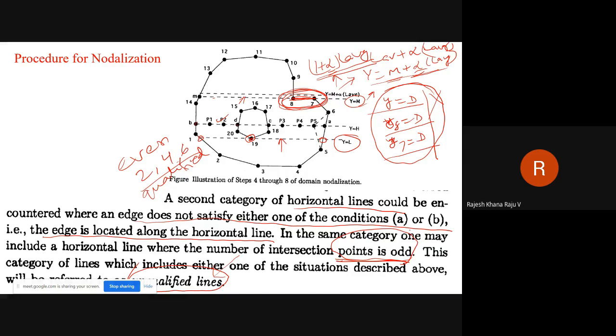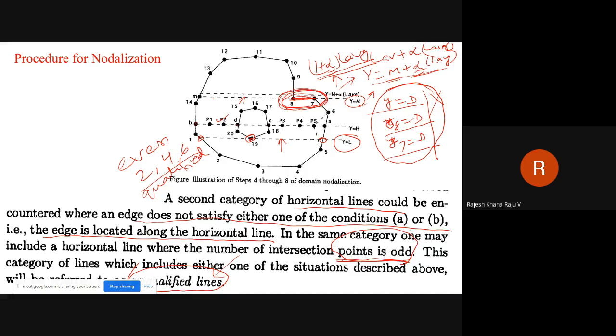If you have an even number of intersection points, we say those are qualified lines. But if you have an odd number of intersection points, then we say those lines are unqualified lines.